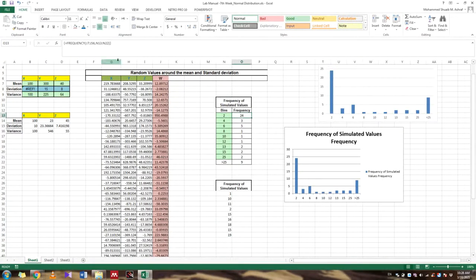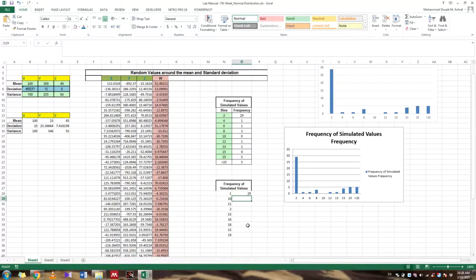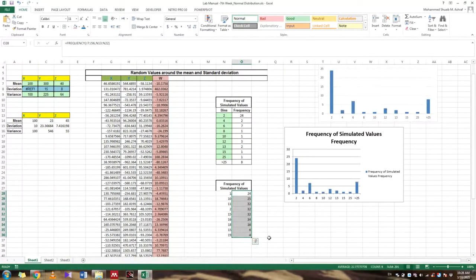For calculating the frequency, this is the formula. Now show how many times 29. Same formula you can drag and drop. So it will automatically calculate, and based on this it will show you the output.